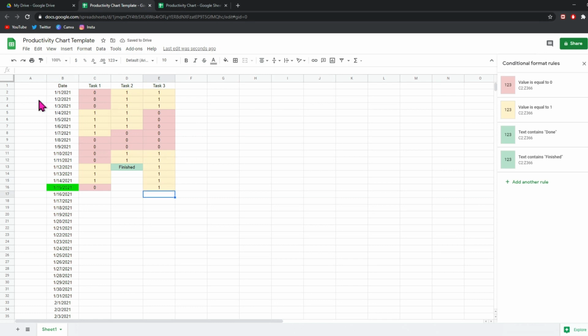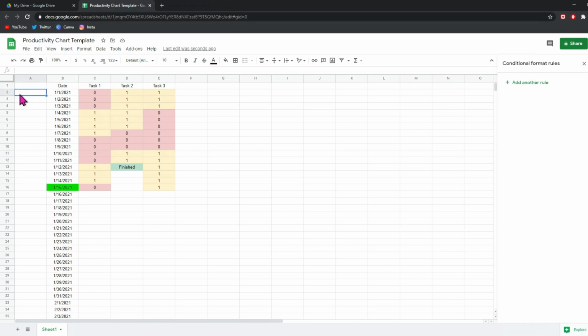So now we're going to want to handle our counter column. This is going to count how many tasks we've either worked on or finished on a certain day. Our formula for the counter is sort of complex. So we're going to click A2. We're going to click the function bar up here. We're going to type in equals